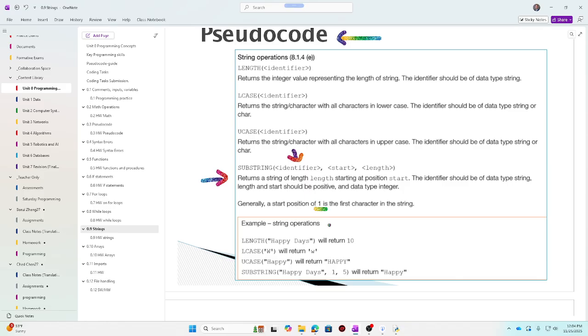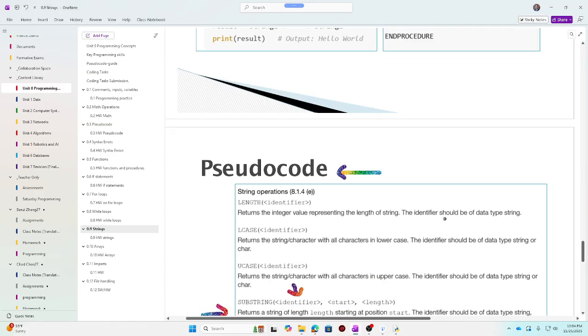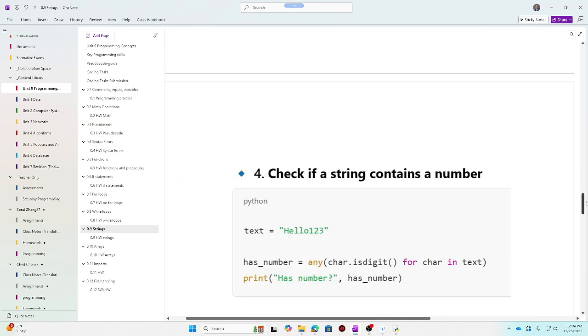So just remind yourself, for example, if I have a substring, happy days, this is the text, and I go 1 to 5, this is going to be 1, 2, 3, 4, 5. It's going to do 5 characters, and it'll just say happy. But we're going to do this in Python, because with pseudocode, you can't really run the code.